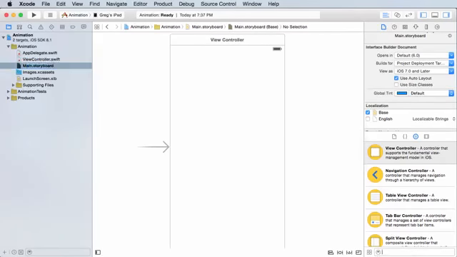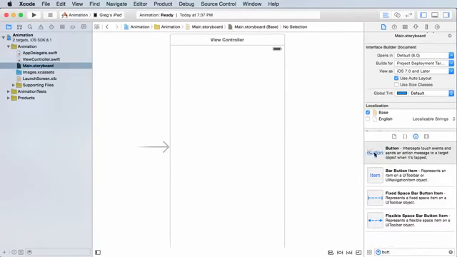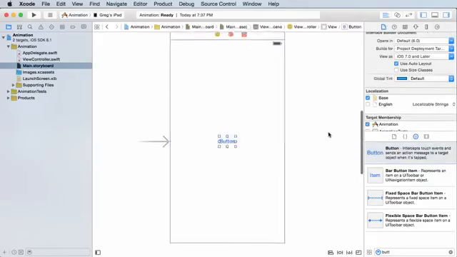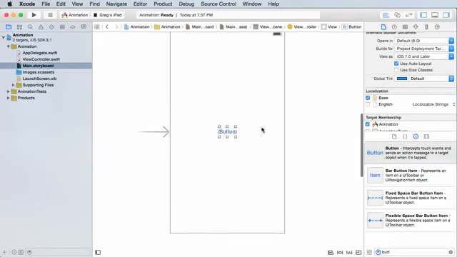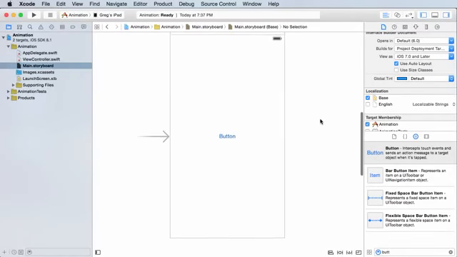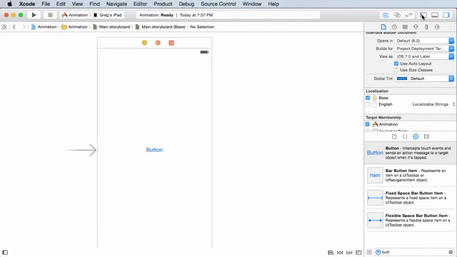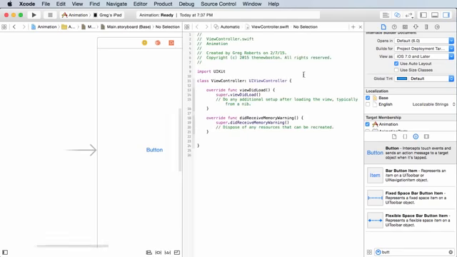So now let me go ahead and add a simple button, type in button, and drag that out, might as well just stick it in the dead center. Looks good. It doesn't matter what text you have on it actually. And now, of course, if we're going to be adding code to animate this, we need to get a reference to it. So get rid of this panel temporarily, go to your split view,